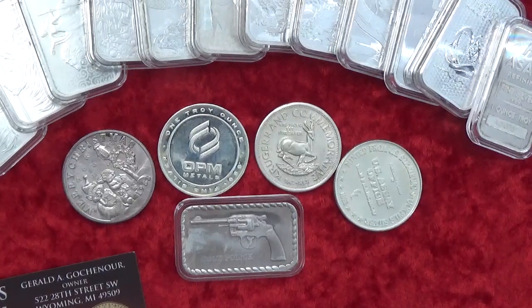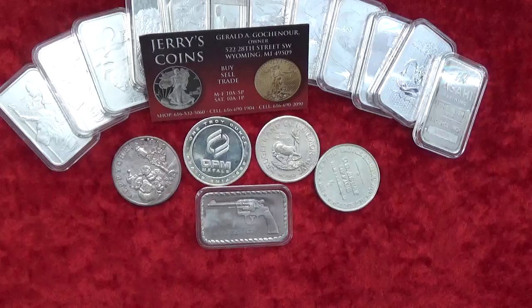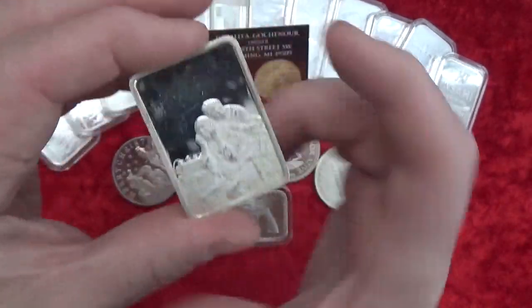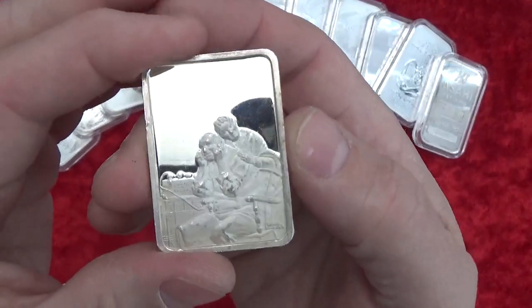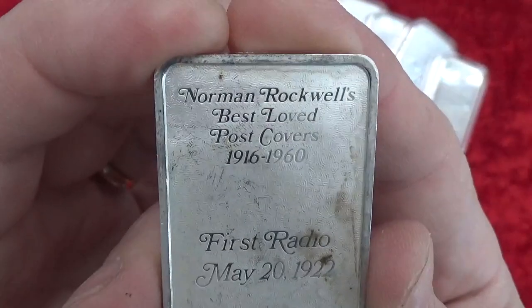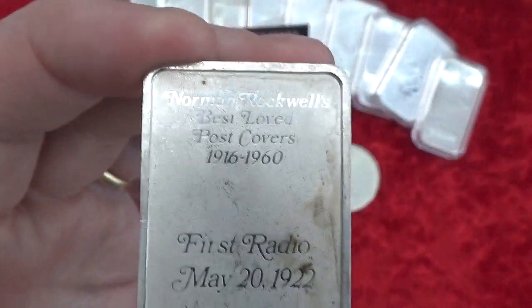And then the next one is I got three 1 ounce bars that don't fit into capsules. I didn't get any discount or anything. This is just normal price. And these are Hamilton Mint bars, which I don't really stack Hamilton Mint bars, because they're usually odd shaped. They're either long and skinny, or they're more square like this. And Hamilton Mint is a real big marketing type thing, so it just never really seemed that cool to me. So this is Norman Rockwell's Best Love Post covers from the Washington Post. Is it Washington Post or the...